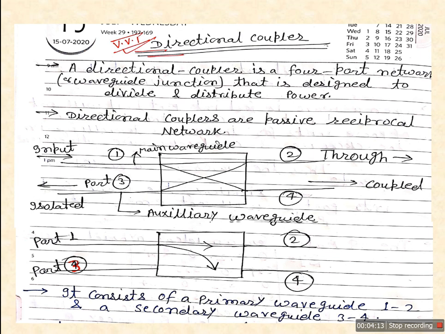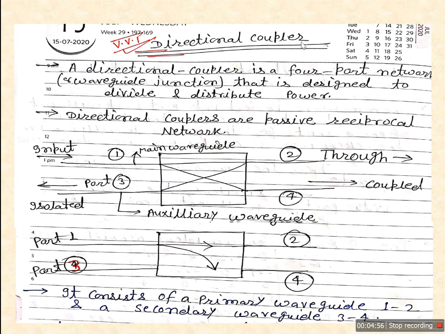Easily identify, and the throw port is easily identified on the same waveguide. The other side port is the throw port, and opposite to this side is the isolated port. The other port, where the direction is different, is the isolated port, or the rest is the coupled port. So this is the way to identify the four ports. Most of the time students are unable to identify the ports first. If you are able to identify the ports, then everything is based on the formula. Simply know the formula and put the values there.